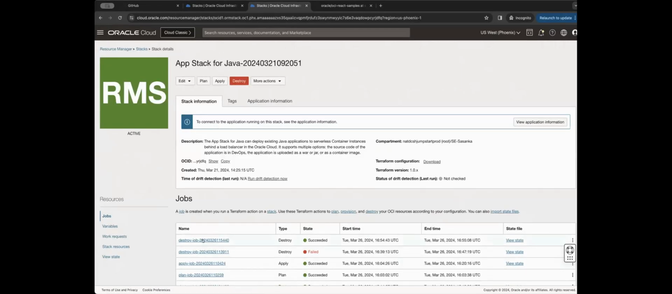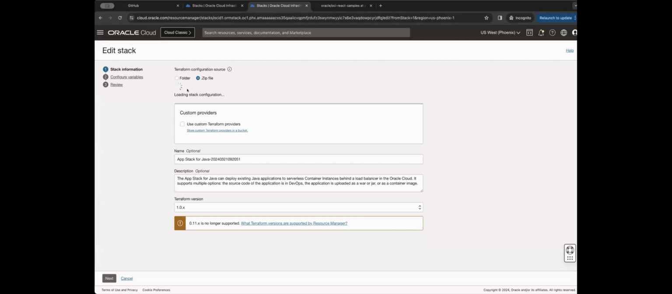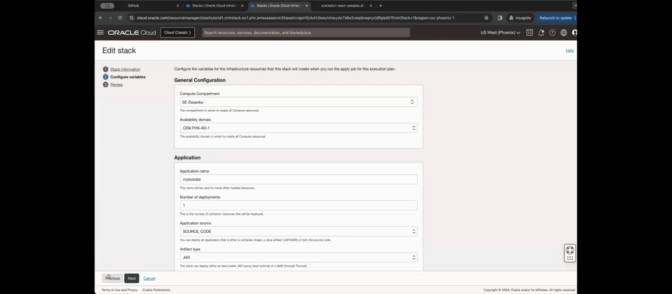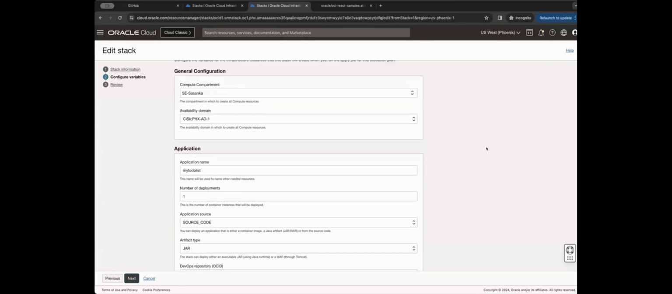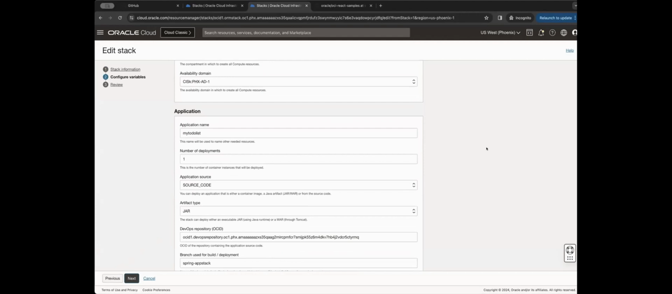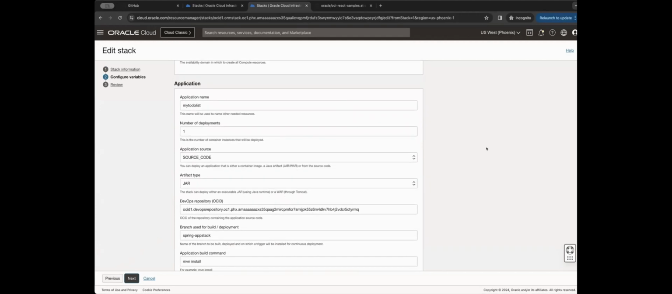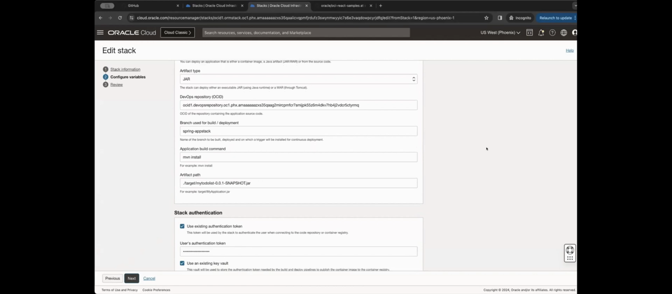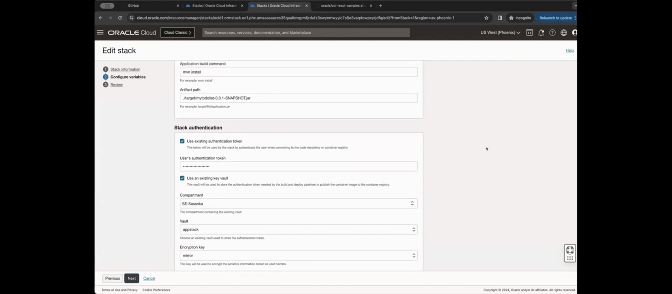So right now I destroyed all my resources. If we want, if I click edit the stack, you can get the same window which I showed. If I click next, here you can see all the configurations which you need to provide. So I will go one by one. Just for saving time, I will go ahead and